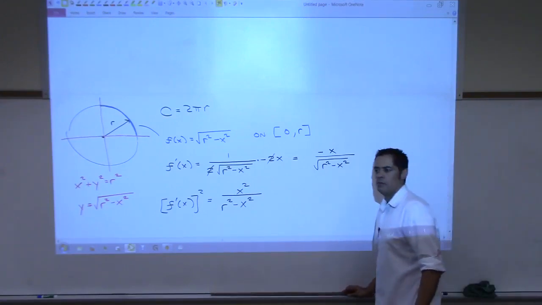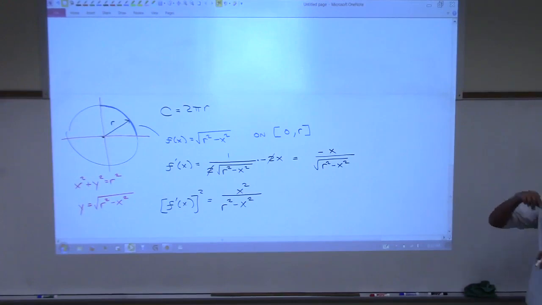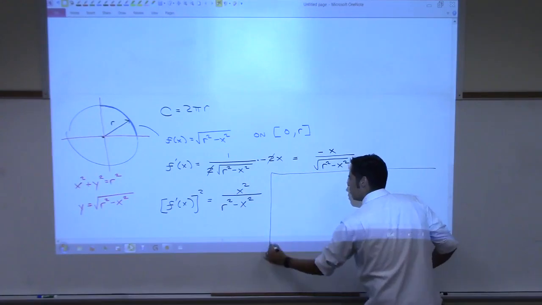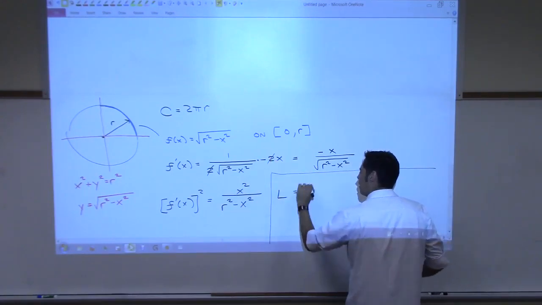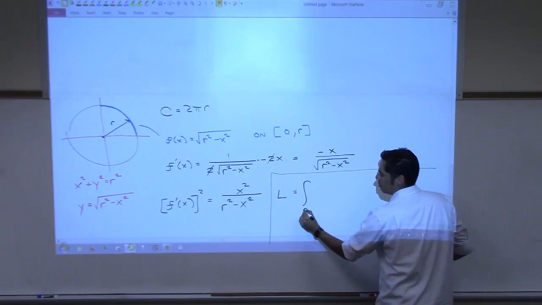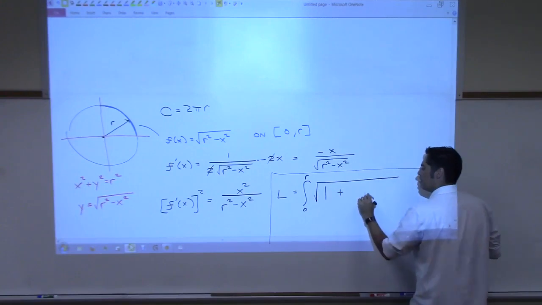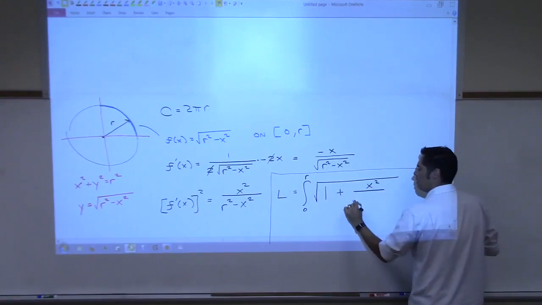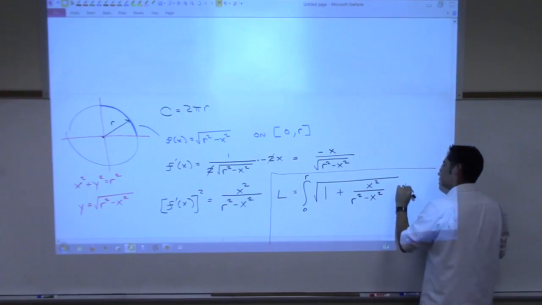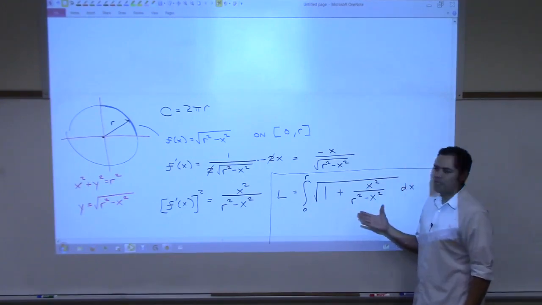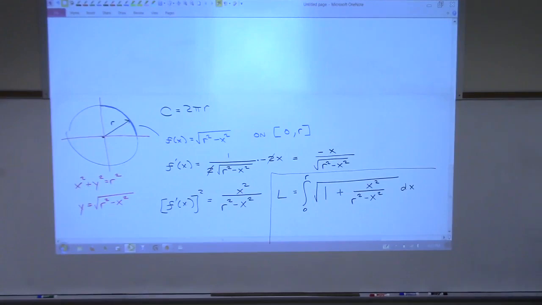Let's go to the formula. Arc length is integral, right? Blah, blah, blah, square root 1 plus that thing. So my arc length of that blue piece should be the integral from 0 to the constant r, square root 1 plus x squared over r squared minus x squared dx. That looks pretty bad, but we just learned a lesson in the last problem that when we see complicated integrals like that with roots like this, one thing that kind of saves the day sometimes is to combine. Common denominator. Put these two together,